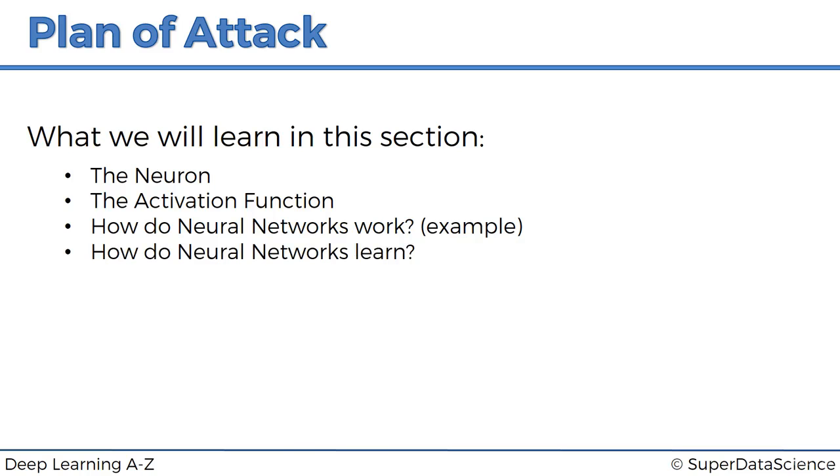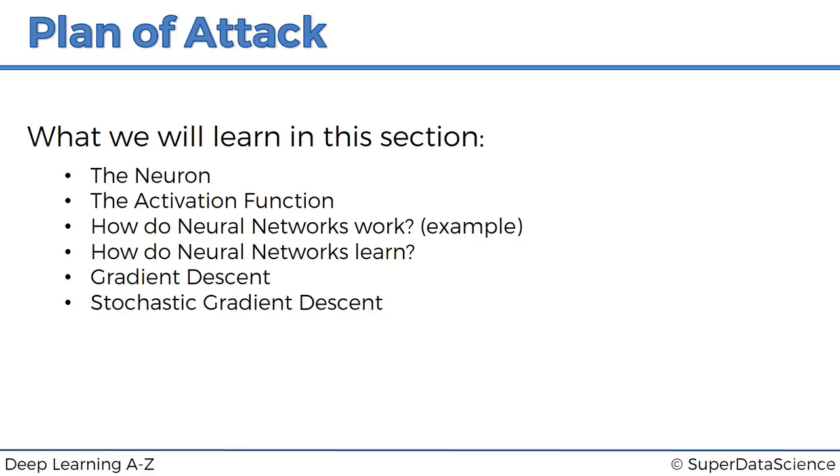And then we will move on to understanding how neural networks learn, because that way we'll be more prepared for what's coming. Then we'll talk about gradient descent. This is also part of neural networks learning, and we'll understand how that algorithm is better than just the brute force method that you might be intending or willing to take as a first resort or first method that comes to mind. So we'll find out what the advantages of gradient descent are,